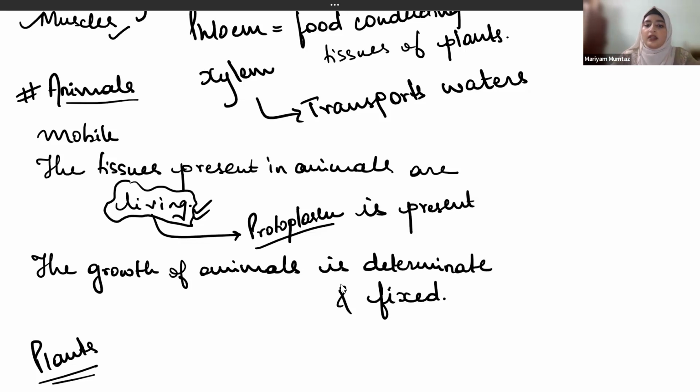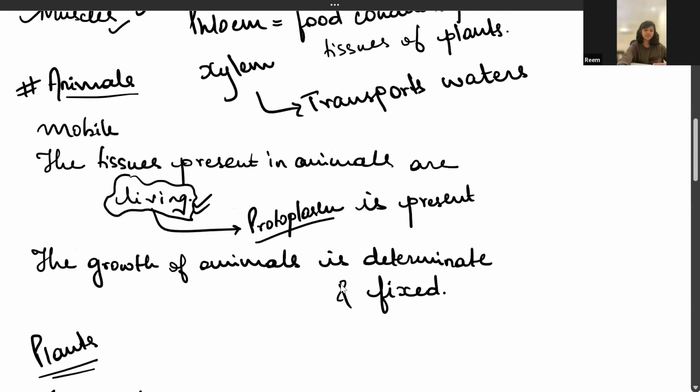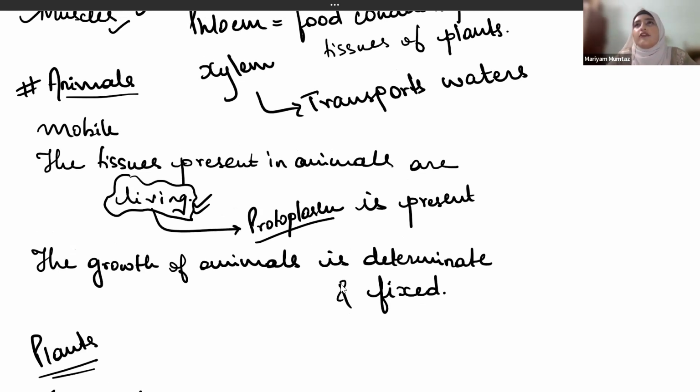Now, when we are talking about growth in animals, like for us humans or for dogs and cats, they grow up till a point and then after that they stop growing, isn't it? Is it the case that us humans keep on growing like trees and finally reach the sky? No, right? Because meristematic tissues turn into permanent tissues, but not in the case of animals. Meristematic tissues are not there in animals, only in the case of plants. Is there anybody here who is as tall as the tree or even taller?